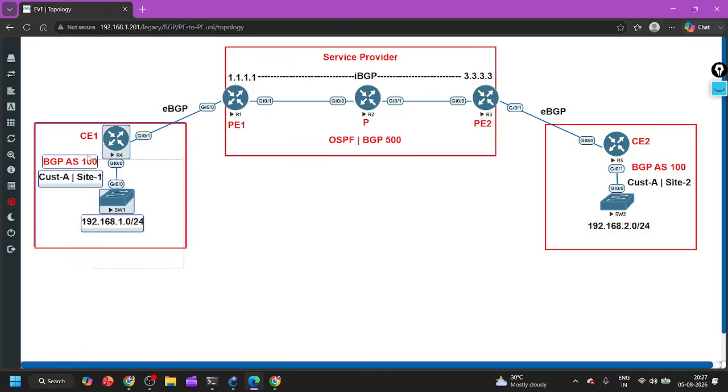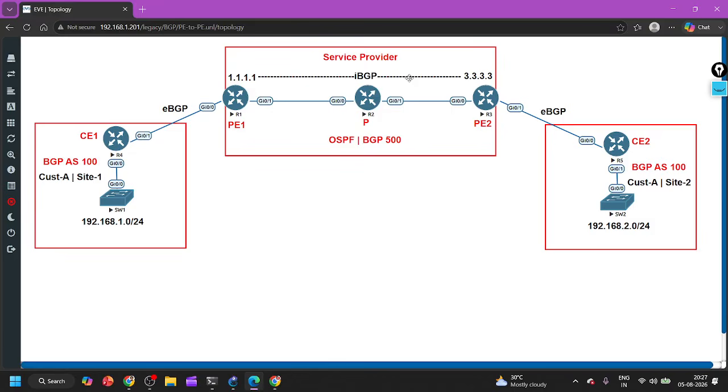So let's suppose this is a bank. Bank has multiple sites, right? I have taken an example of two sites, site 1 and site 2. It can be a corporate, bank, hospital, university, and both the sites are at different locations. One is in Mumbai, one is in, let's say, Delhi. Both the sites are connected through the service provider network. This service provider can be Tata Communication, can be Airtel, can be Jio, can be BT, can be NTT, any